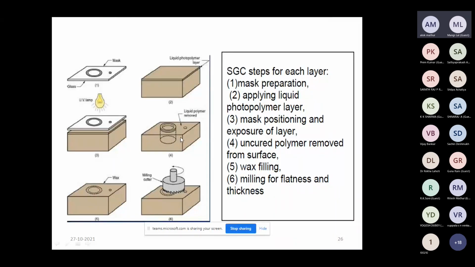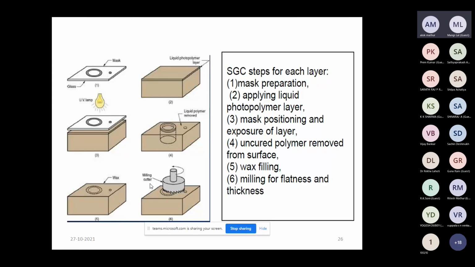The remaining stays liquid, and this remaining liquid is removed with the help of suction, and in the remaining area we fill the wax, so that this wax provides support.